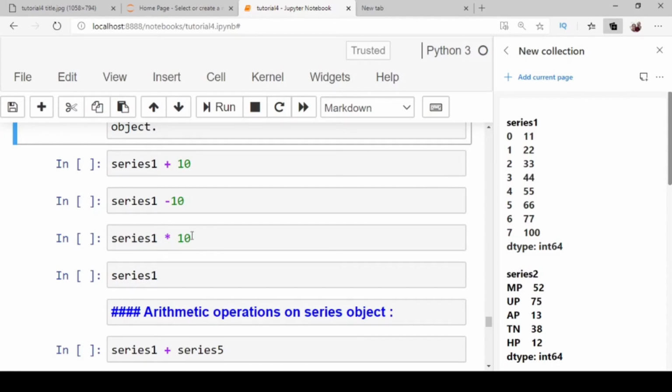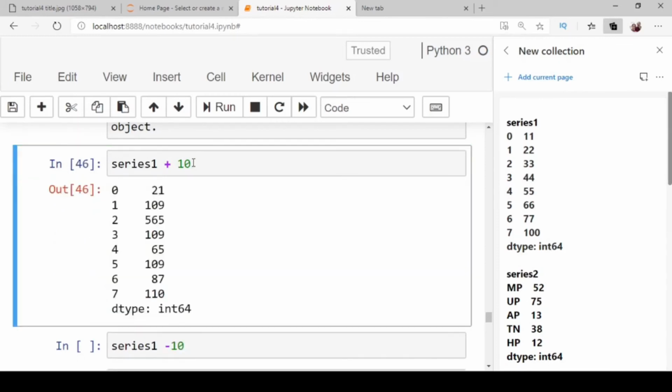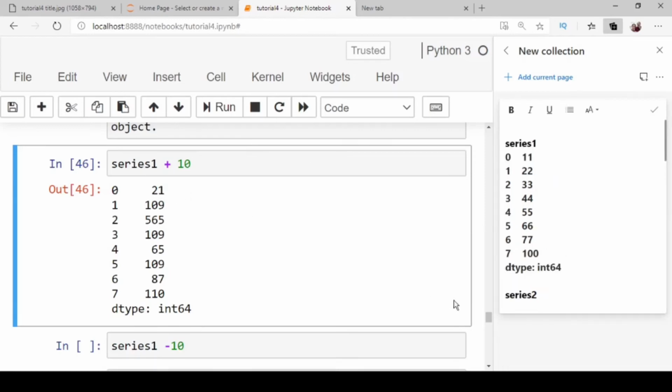So first you see the existing structure of series 1. Now we write the command series 1 plus 10. Now execute it. You have observed that all the values of series 1 have been increased by 10.